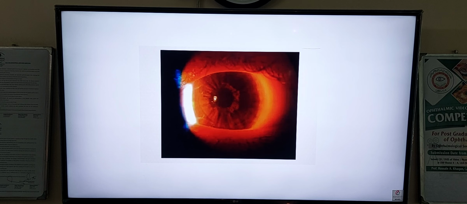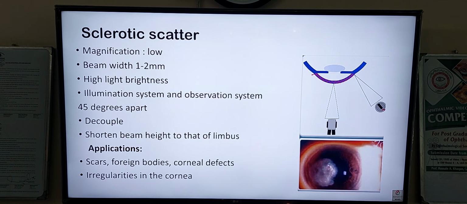So can you tell me which type of illumination is depicted in this picture? स्क्लेरोटिक स्कैटर। ठीक है, स्क्लेरोटिक स्कैटर हम क्यों यूज करते हैं, कैसे यूज करते हैं? सबसे पहले first we put the magnification on low, we set the beam width to 1 to 2 millimeters, brightness हम हाई कर देंगे। ठीक है, we set apart the illumination system and observer system at 45 degrees, then we do the decoupling, we shorten the beam height to that of the limbus. तो क्या होगा, टोटल इंटरनली रिफ्लेक्ट करेगी तो एक ग्लो प्रोड्यूस होगा within behind the cornea, जिसकी वजह से we'll be able to see any irregularities on the cornea, any scars, foreign bodies और कॉर्नियल डिफेक्ट्स।